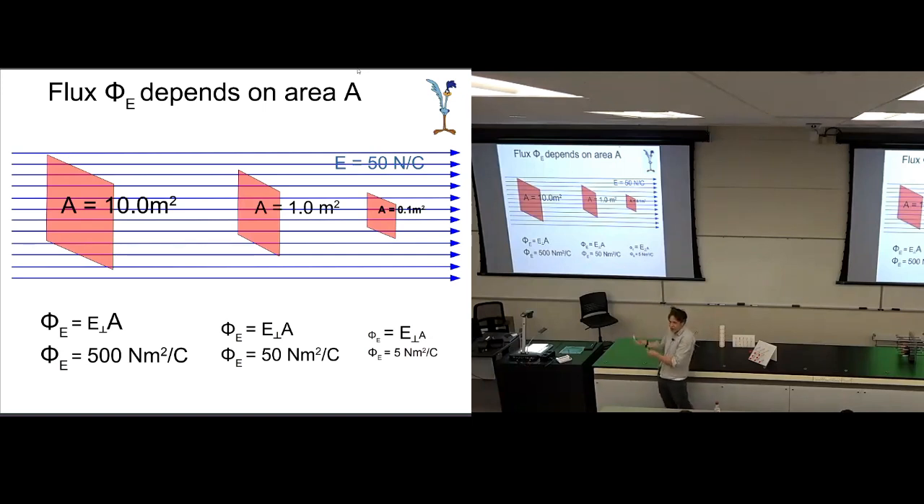And it's kind of obvious. If you've got a big surface or a small surface in the same field, the big surface has a large flux through it, the small surface has a small flux through it. Another one that's obvious, if I ever get to it,